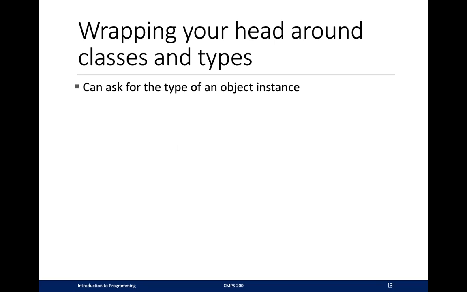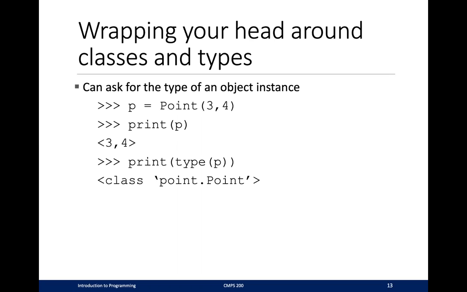Okay, so let's try to summarize this. How do I wrap my head around classes and types? I can always ask the type of an object instance. So when I say,